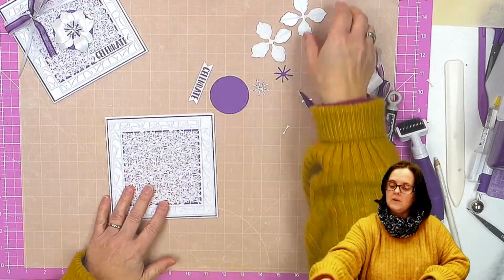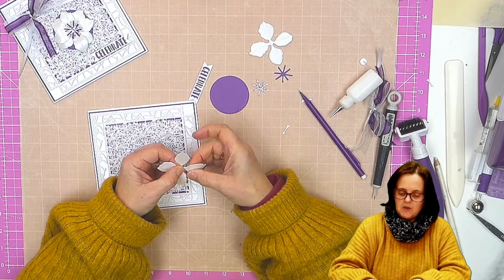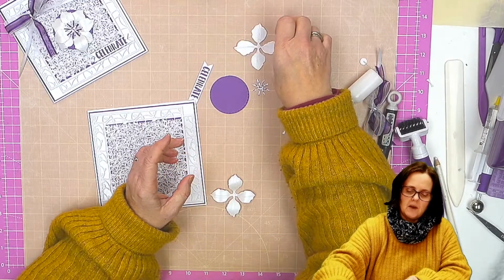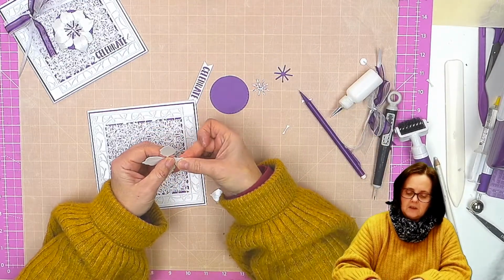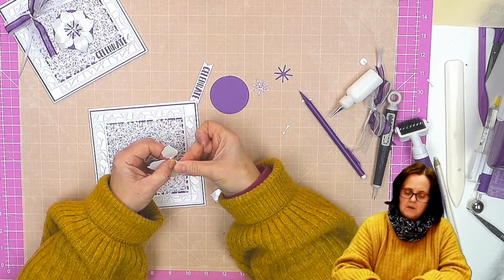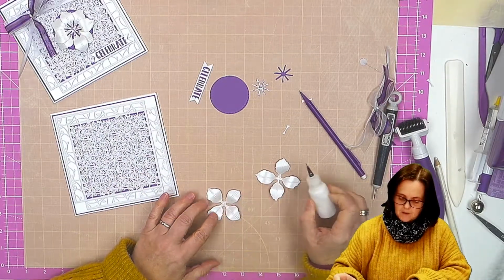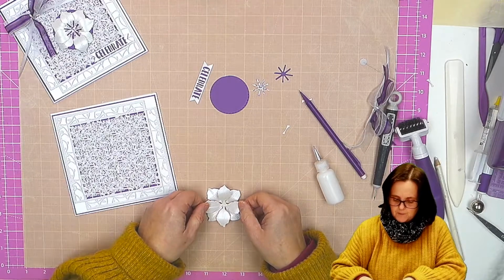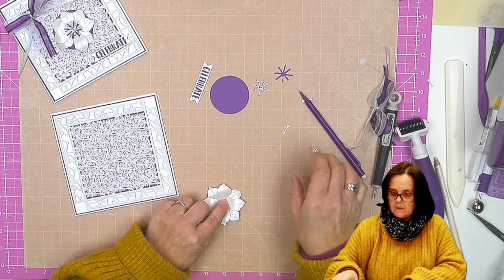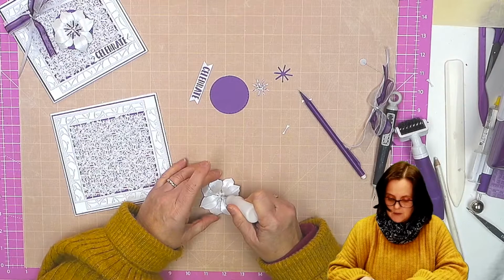So now our flower. Now all I'm going to do with this is give it a little bit of shape with my fingers. I don't need to use a ball tool. The centre of pearl is quite thick, but it will take a little bit of shaping like that. So we're going to put the glue in the middle. Oops, there. Push, and then